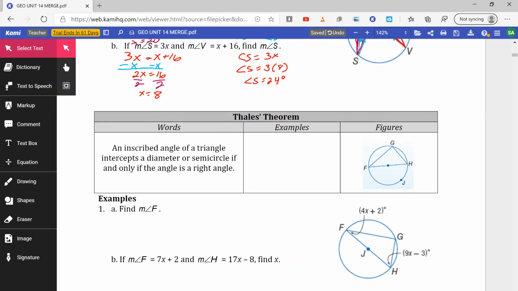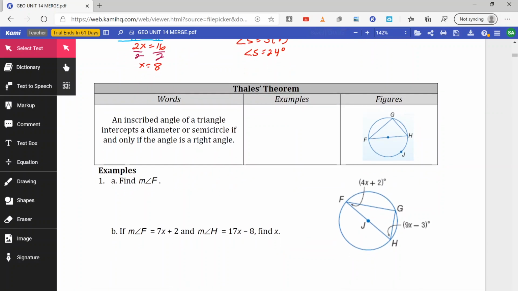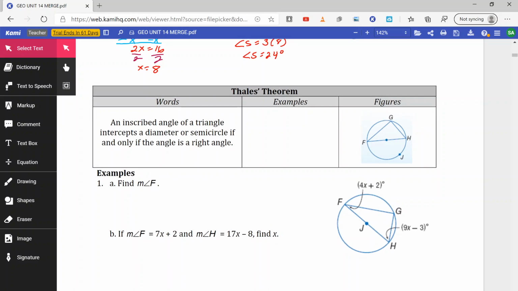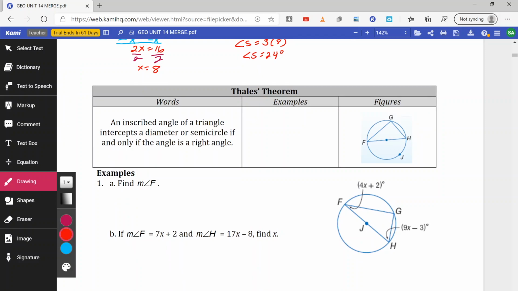So the next thing is what's known as Thales' theorem. What it says is an inscribed angle of a triangle intercepts the diameter of a semicircle if and only if the angle is a right angle. So what this means is obviously the angles off the diameter are not going to be right angles. So that would mean angle G, being the inscribed angle here, has to be a right angle